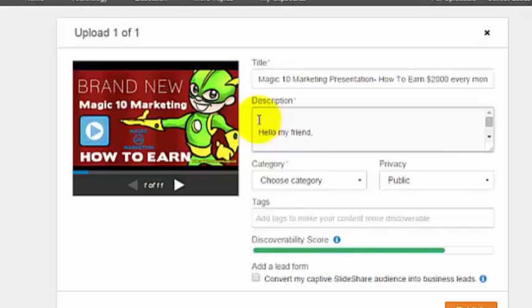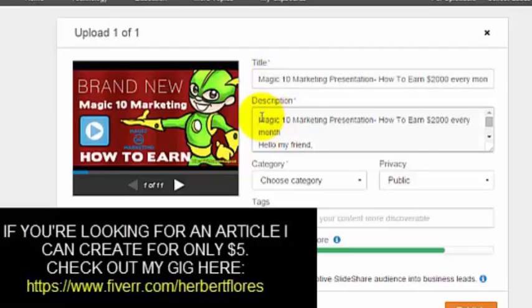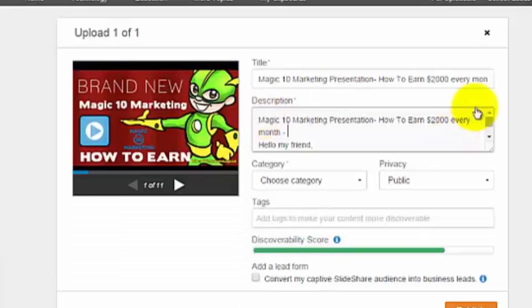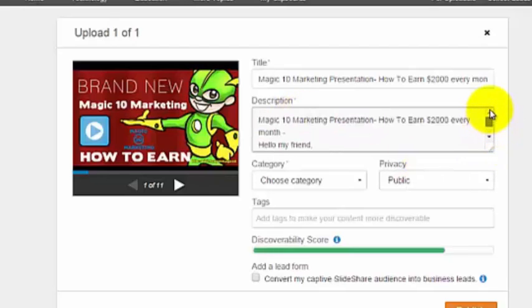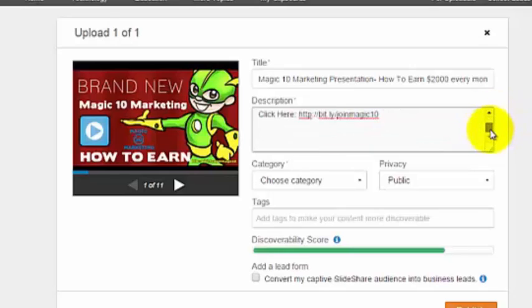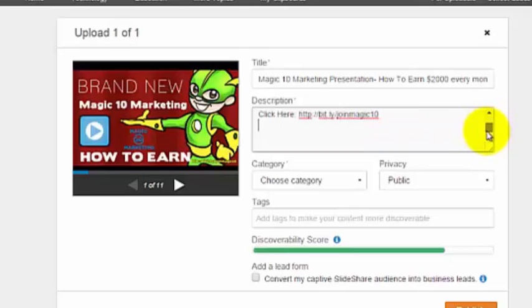For the first line of the description, just copy the title and paste it. After that, put your website. Once you paste the description or the article of your file, you can now choose the category.